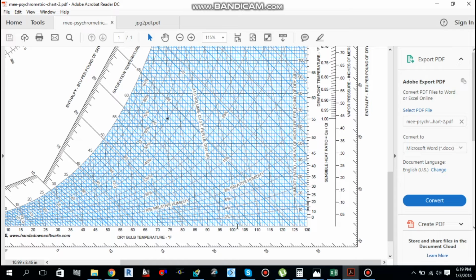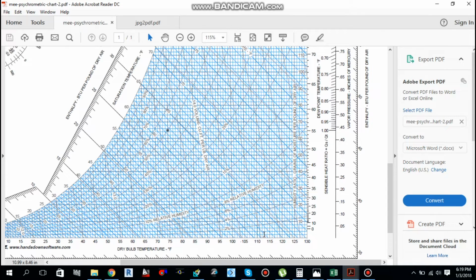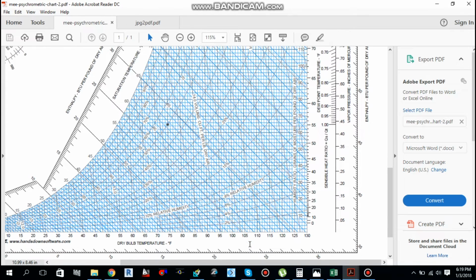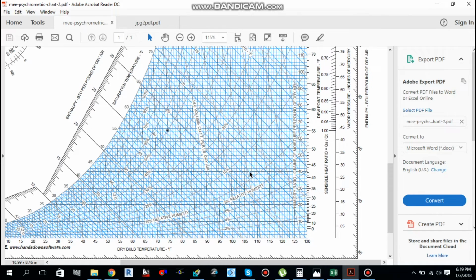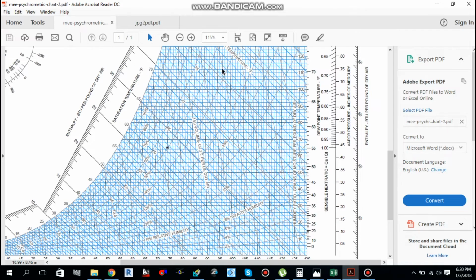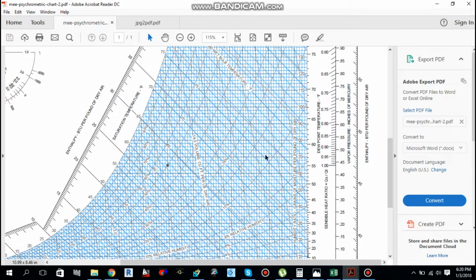So what are our inputs? We know that the DBT, the ambient outside dry bulb temperature for Dubai, is 107. On the x-axis we go over here, that is 105 and 110, so 107 will be here. If we move up like this and go up to the wet bulb, as I told you, these are the wet bulb temperature lines.